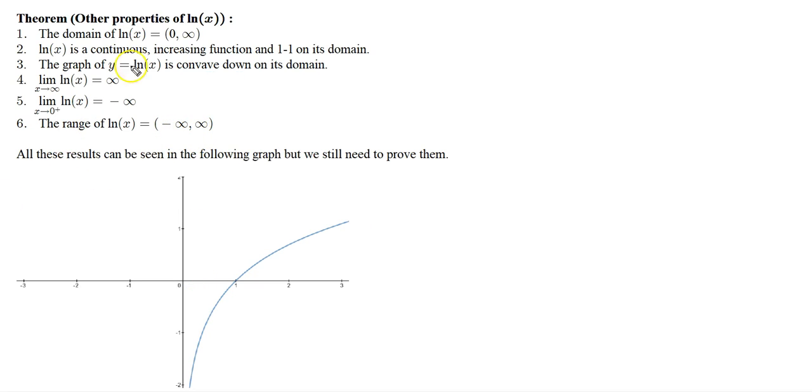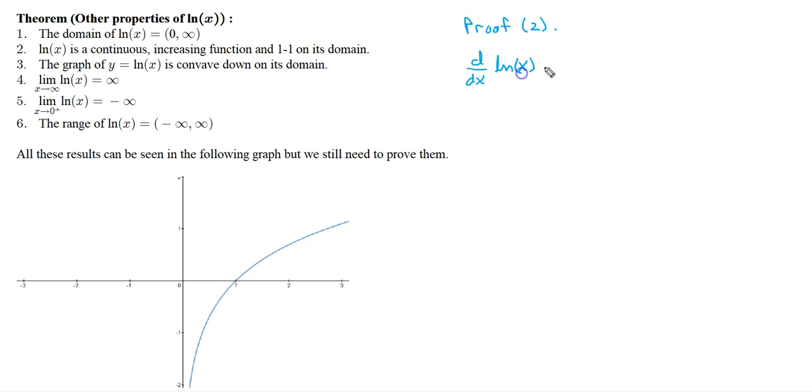Now let's take a look at a proof of a few of these. Let's take a look at the proof of number 2 first. So to show that the natural logarithm is continuous on its domain, what we're going to do is show that it's differentiable. Remember, if a function is differentiable, if its derivative exists, then it must be continuous. That's actually a theorem from Calculus 1. So if we consider the derivative